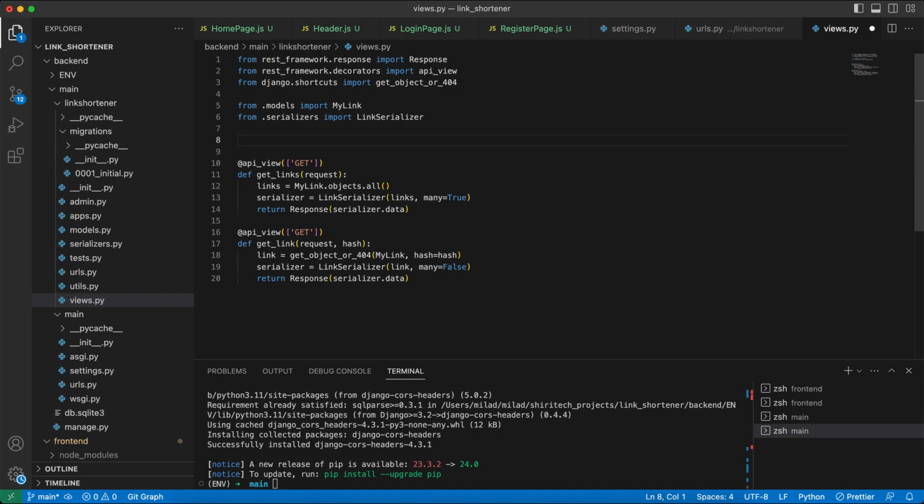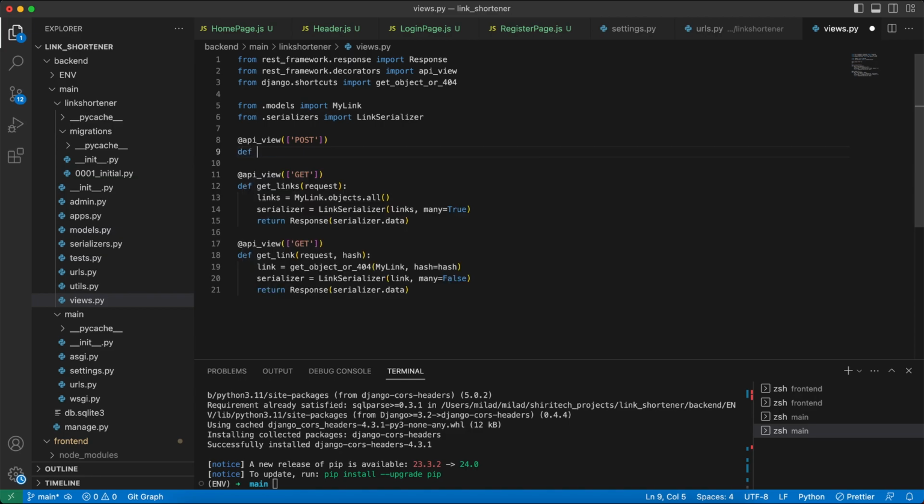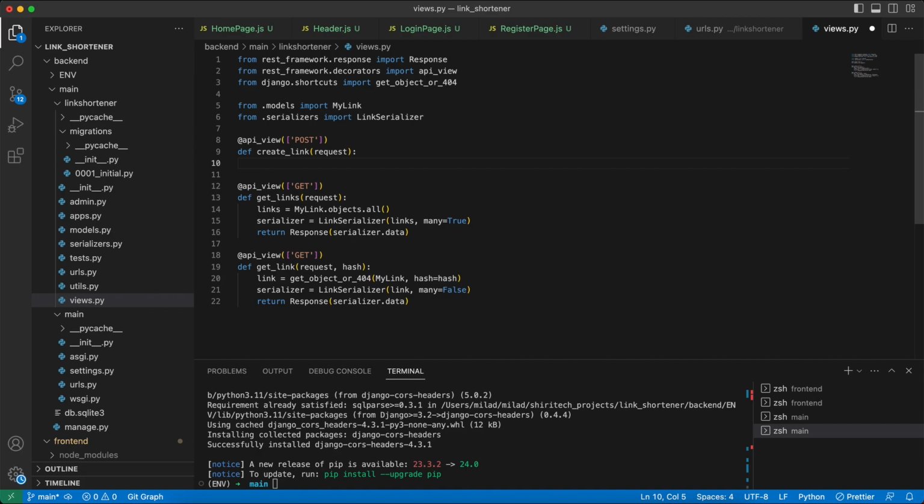Because we want to add a new link to the database, we need to use a post method here. We need to accept the post method. So we say post, create link, getting request,